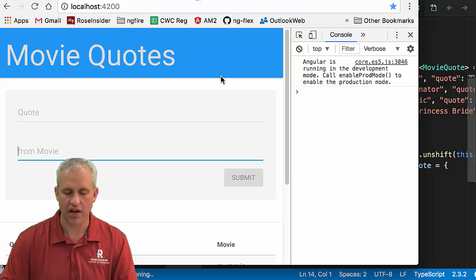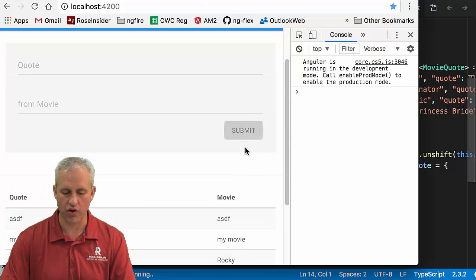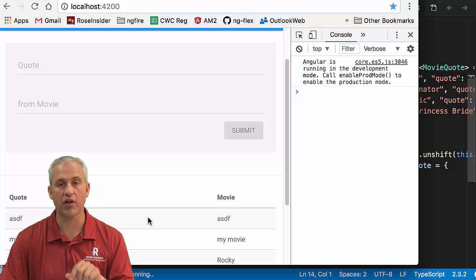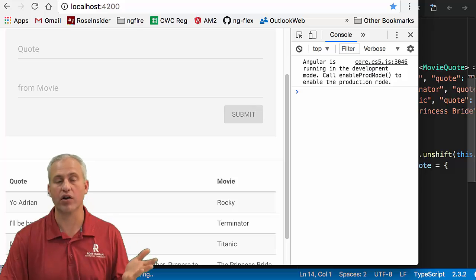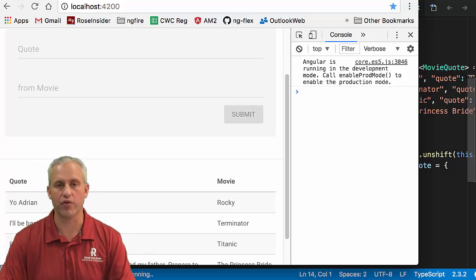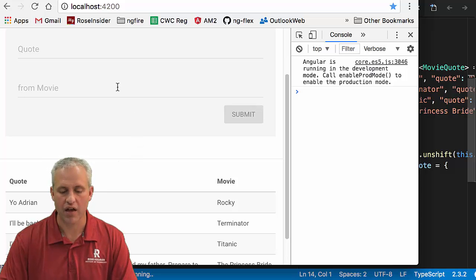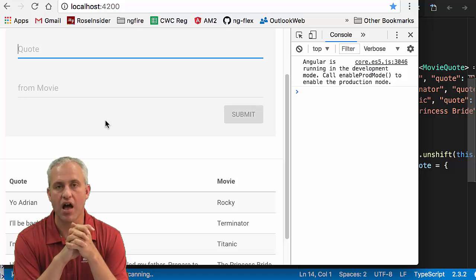So the first step is done. We're able to do things to our heart's content, and it works pretty well. The problem with local only is that if you refresh the app, all your data goes away, and it's certainly not saved in the cloud and shared with other people. But we've got a pretty cool app, and next time we're going to come back and bring in